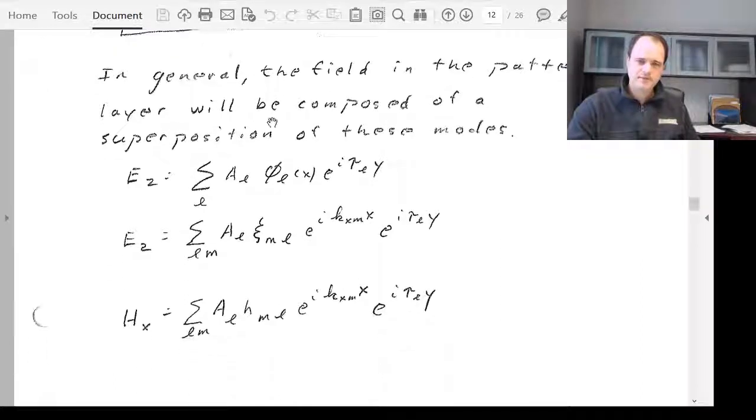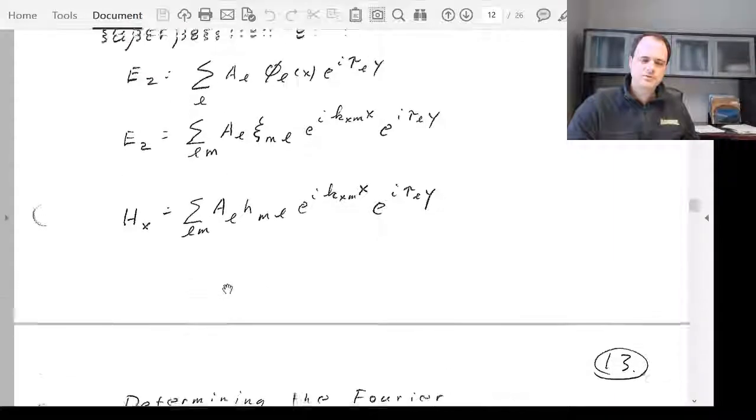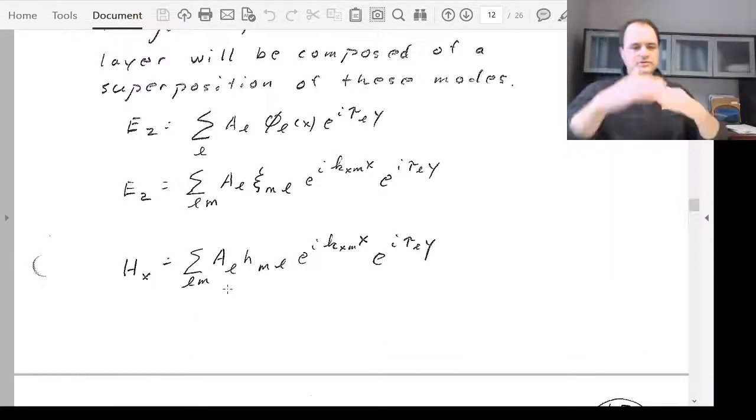You'll see that in the MATLAB code. So the only thing we don't have at this point are these expansion coefficients, the coefficients in front of our eigenmodes. So we don't have the A sub L's. All right. And that's where we're going to now need to look at the boundary conditions when the field goes